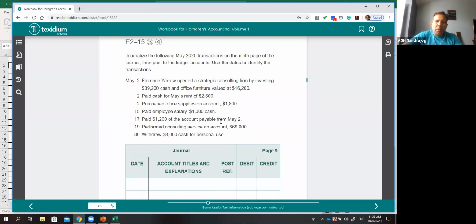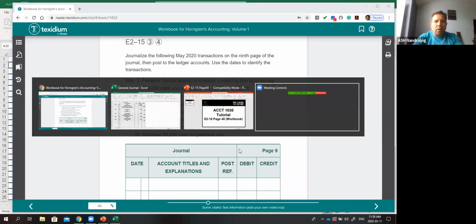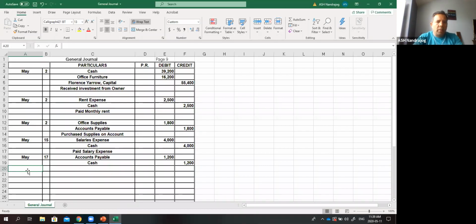So accounts receivable, remember, is an asset. So that would be debited because it is increasing, and asset increases with debits. So we would say accounts receivable is being debited, and consulting service is a revenue. So that will be recorded as a consulting revenue, and revenue is part of equity or income statement, and revenue increases with credit. So now we can record it in our workbook or in our journal, sorry, and we would